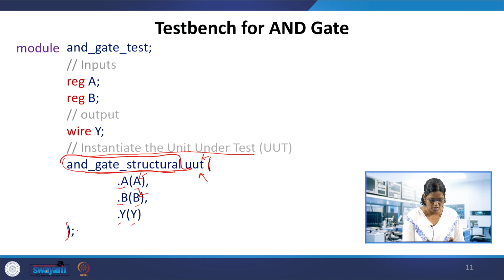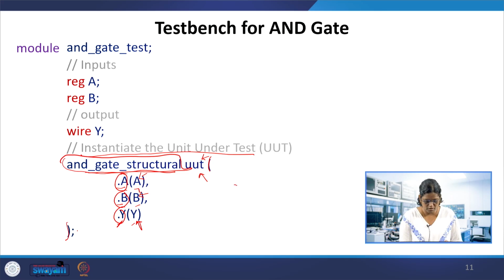The dot A and dot B are the port names of the AND gate, that is the inputs, and dot Y is the output of the AND gate which we have used. If we change the names here, the A, B, Y can be changed as well. So these are the port names corresponding to the module which we are calling, and the names within the bracket are the local expressions, which can be easily compared with format 2 of the instantiation we had a few slides back.